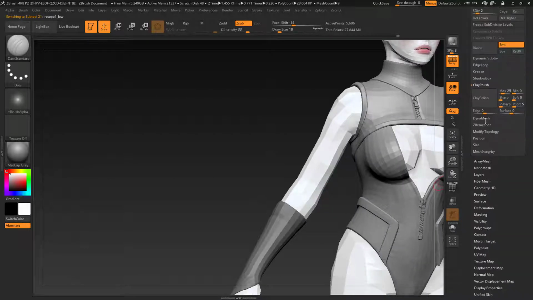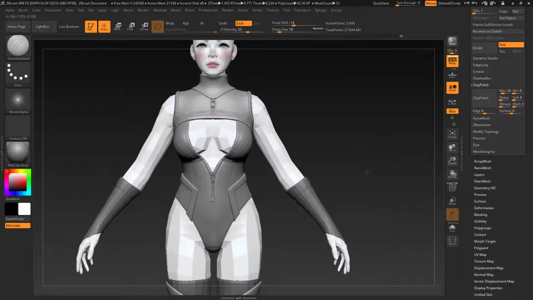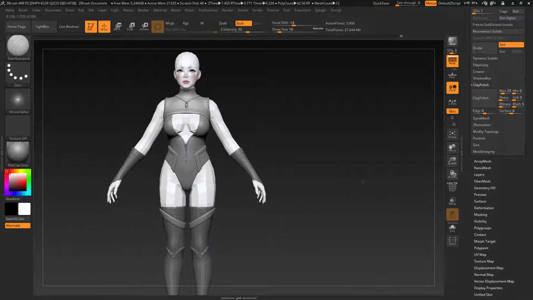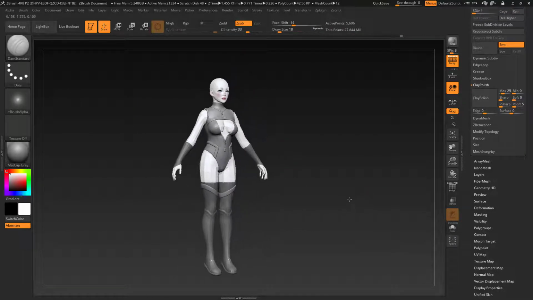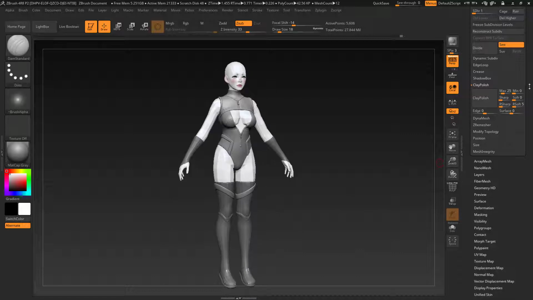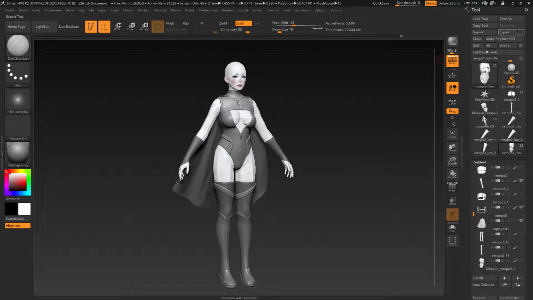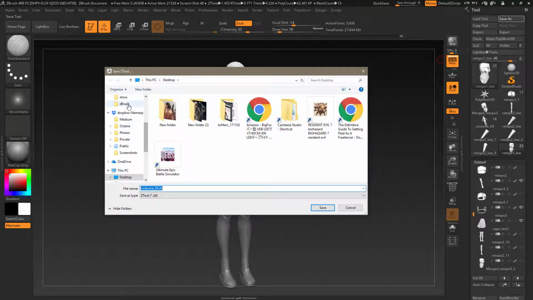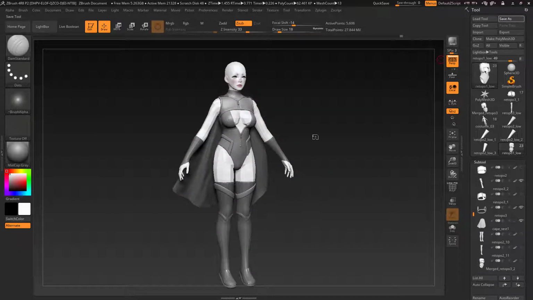So now I'm just deleting the lowest subdivision for the costume there as well, just to keep a little bit more detail. But yeah, so let's save it one more time. Alright, so this is done,